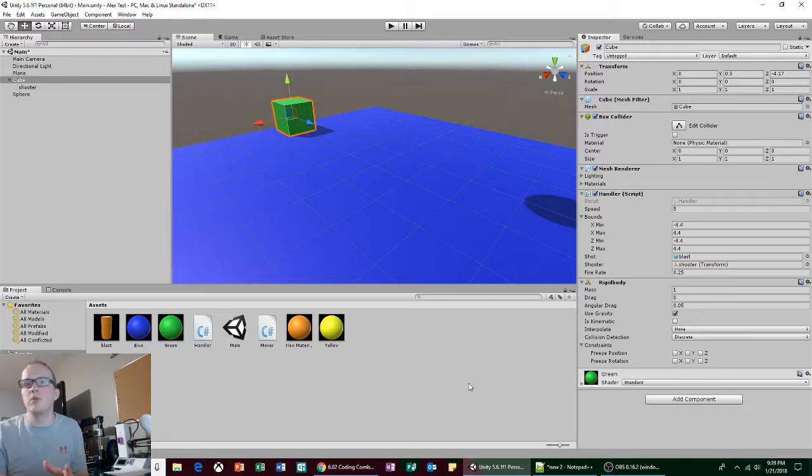button. So most of you saw that code and you were like, well, wait a second, what's fire one? Well, fire one is just a button that we haven't designated yet. So we need to go into our project settings and edit what we want that button to be. We want it to be the spacebar. So